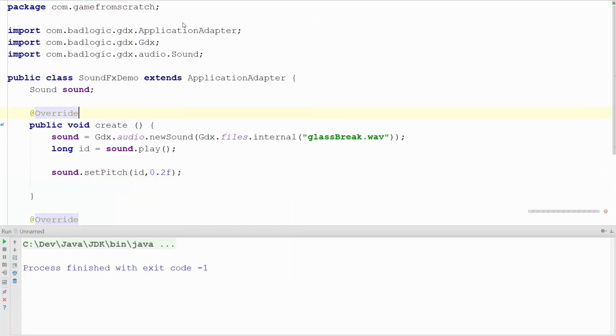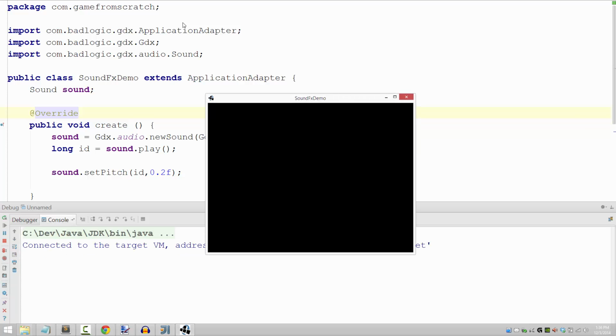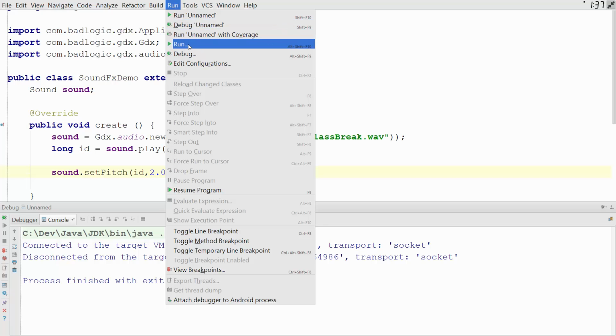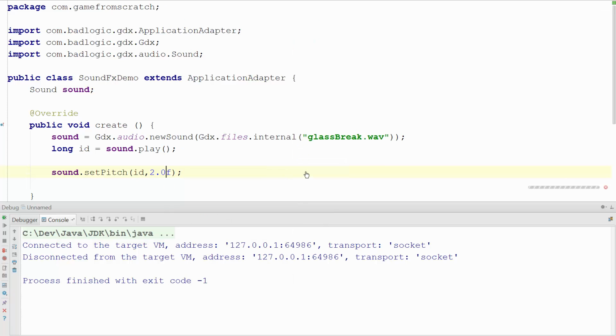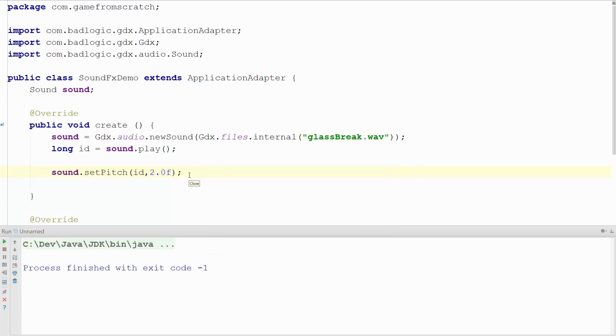Now let's go ahead and run that. And there it is running very slowly. Same idea. We can turn back and speed this up to double. Okay, there you go. Now the next one, and this is a bit of a catch, is